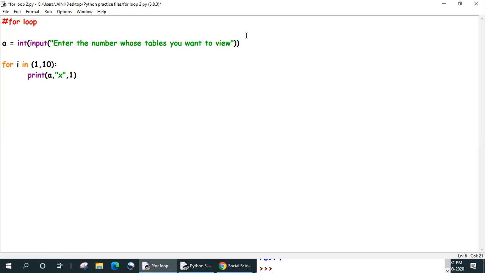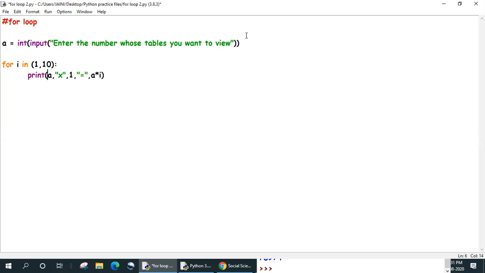A multiplied by I, comma, again I have to show the equal to sign on the screen, comma, and then I have to show the value of A multiplied by I. All this will come in one line.